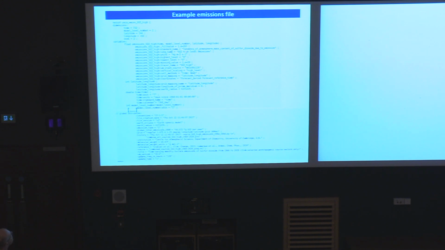So here there is the standard name, tendency of atmosphere mass content of sulfur dioxide due to emission. I've used a different long name. Units are given here, and this is the attribute of vertical scaling, high level. When you set this, then the model knows, okay, this doesn't go in at the surface, but might spread over a vertical range. And here the highest and lowest level happen to be the same, so it's being put in at a level, I think roughly a kilometer above the surface. And that's where it's being put in.